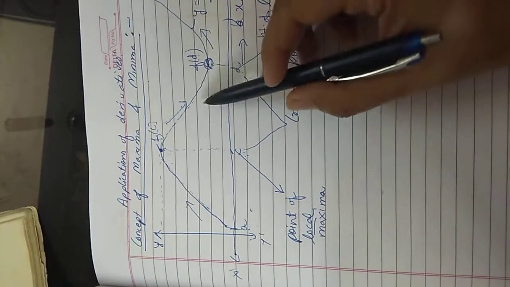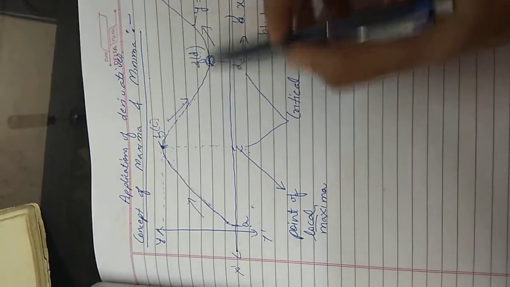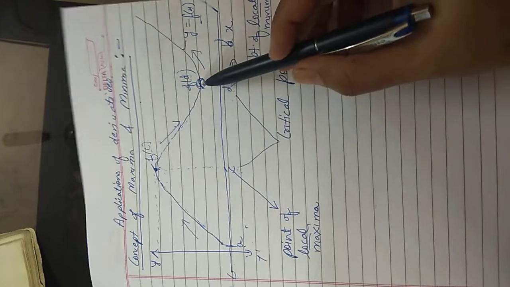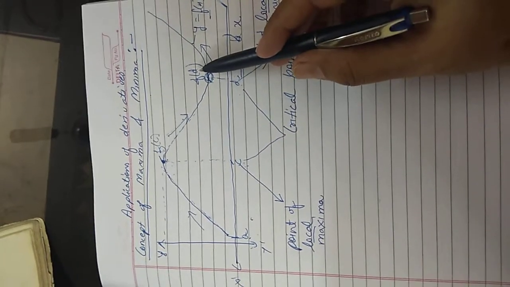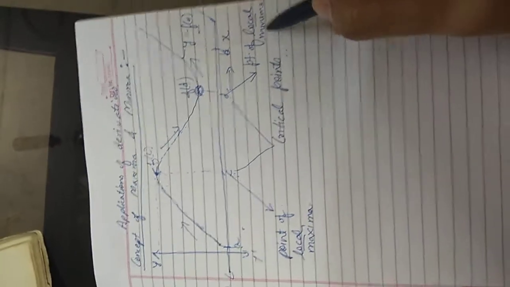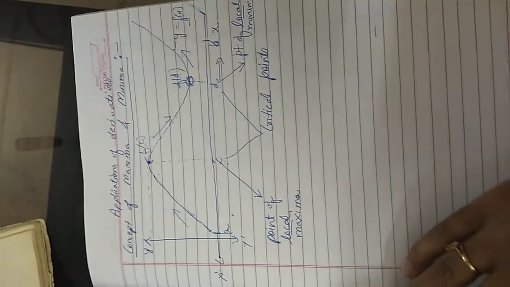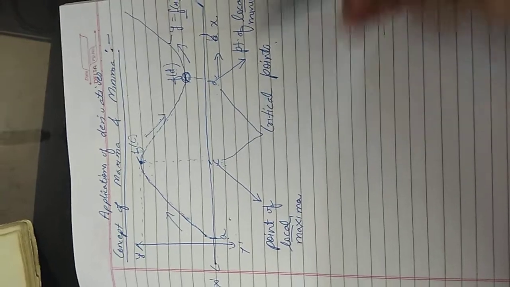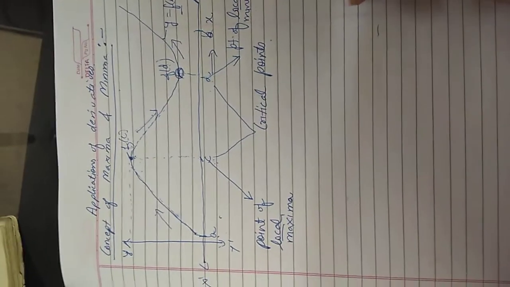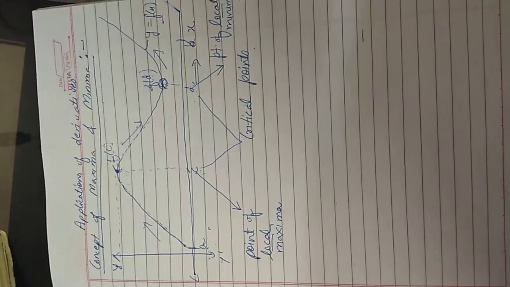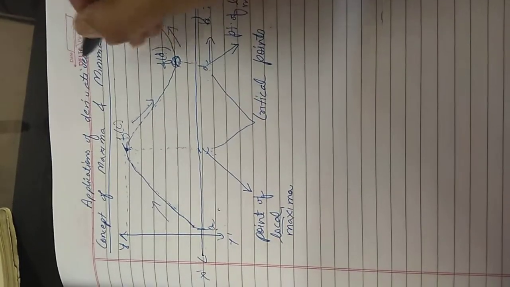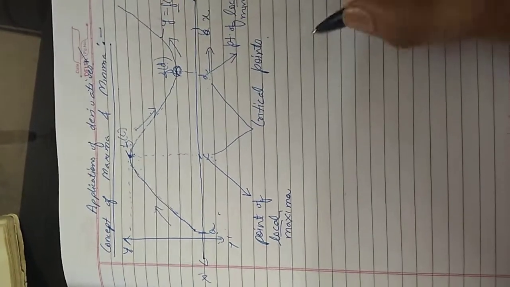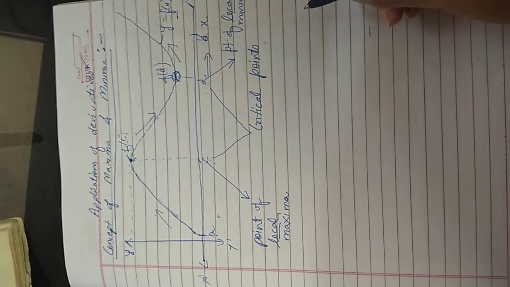And similarly, if I take a few points in its local neighborhood to the left and right, and I am getting this point where the function has the least value, that is called the point of local minima. Okay, so first of all, we are talking about the graph, but in this chapter we are not going to plot the graph for the function. As the name of the chapter says, it is based upon the derivatives. It is the application of derivatives.